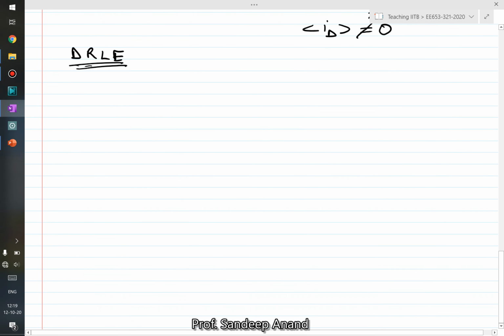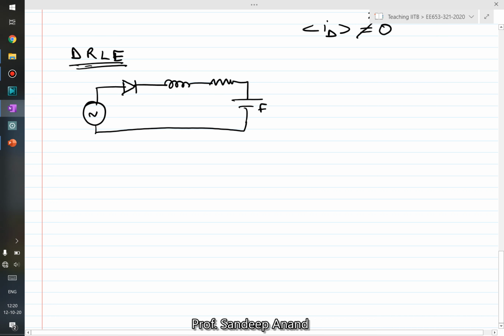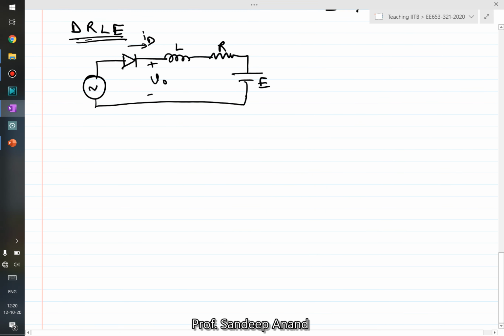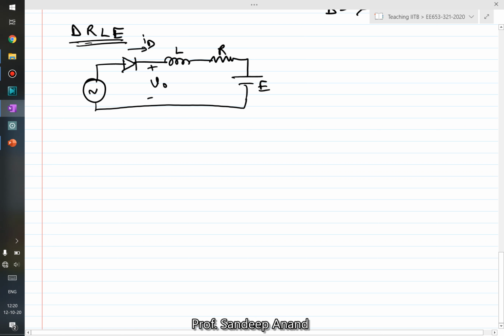So now this becomes a little bit more complex. First let me draw it. You have a rectifier, and on the DC machine side you have, let's say, some leakage inductance, some resistance, and you also have a back EMF E. And now the question is: what is the output voltage waveform and what is the current ID in this circuit? Now we can start with basic things. Again, the same assumption: at t equal to 0, everything is 0. That is our initial condition.